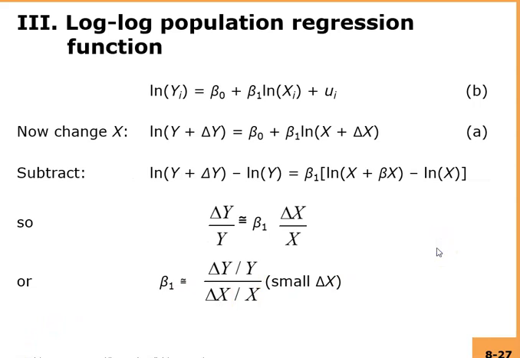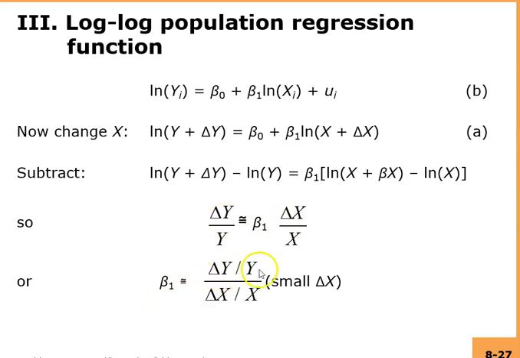The third kind of logarithmic specification is the log-log population regression function, and over here both the y variable and the x variable are logged. So equation B is the before equation and equation A is the after equation. If we subtract the before from the after, we get this relationship, and as we have seen previously, this side can be simplified to change in y over y, while this side can be simplified to change in x over x. So this is a very neat simplification over here, where beta 1 will be equal to